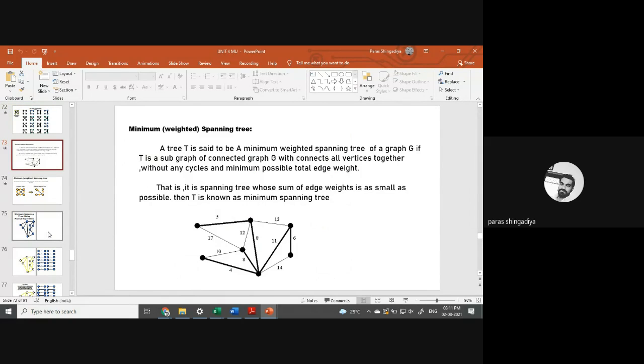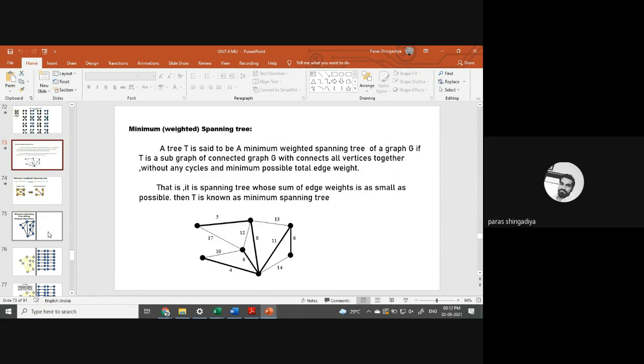And after that, the minimum weighted spanning tree, where we have one graph, but in place of a normal graph, the weight is mentioned on the edges. You can consider this weight as any distance between two vertices, any distance between two places. That is the meaning of weight. Clear? Now you have to find such a spanning tree which contains the minimum weight of the edges. Clear? You have to derive the spanning tree of this graph which contains the minimum weight of edges. So that is known as a minimum weighted spanning tree.